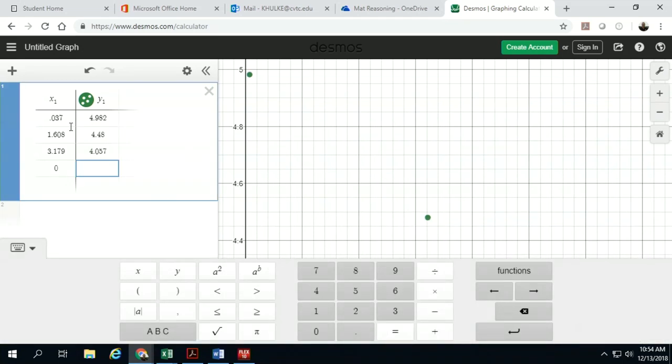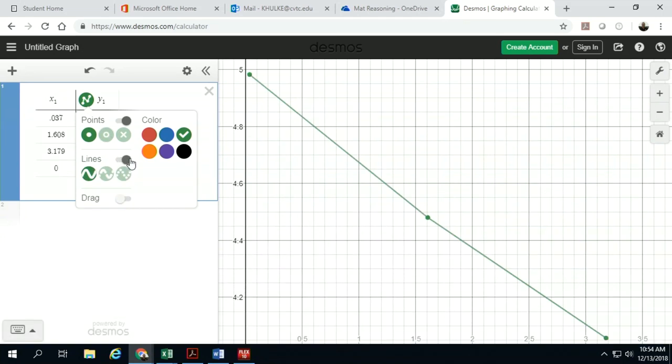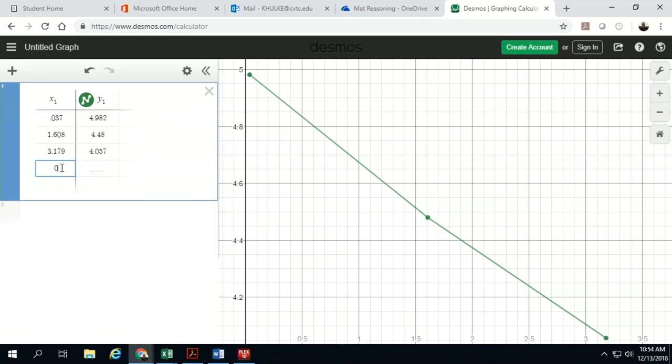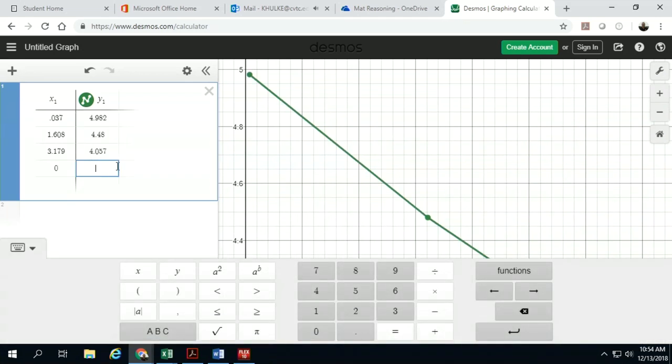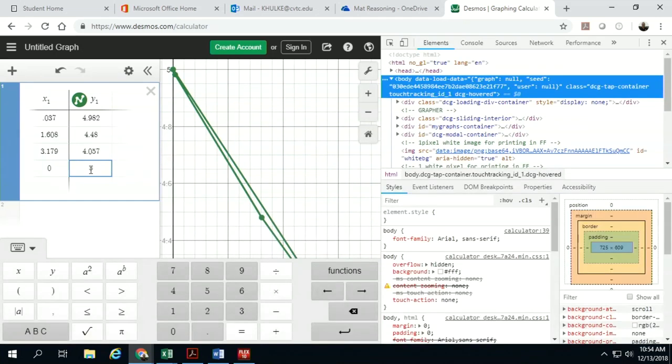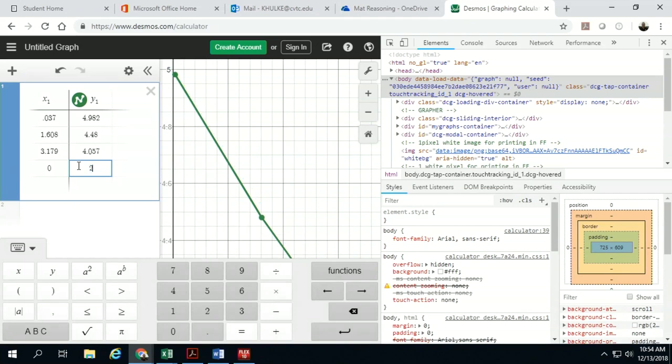Now you can connect the points to help you see where it's going to go. And so if you put in 0 and 5, does that look like it's going to be on that line? If the other choice is 0 and let's say 2, well, it certainly